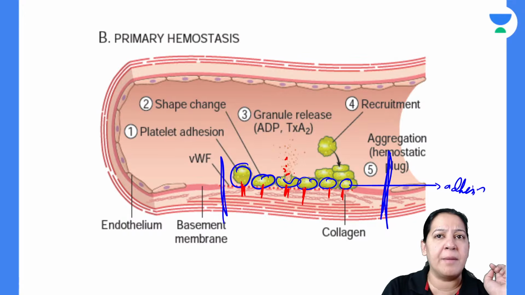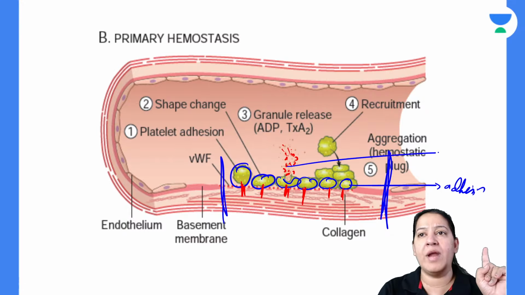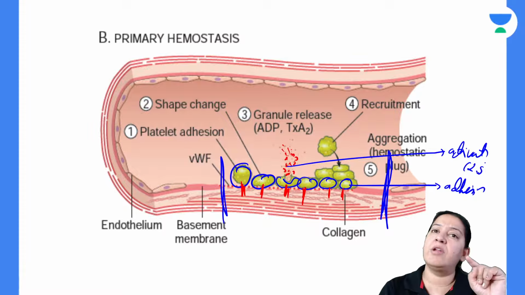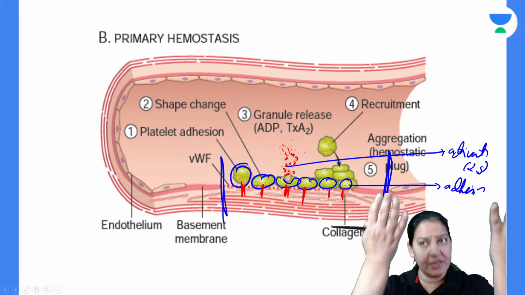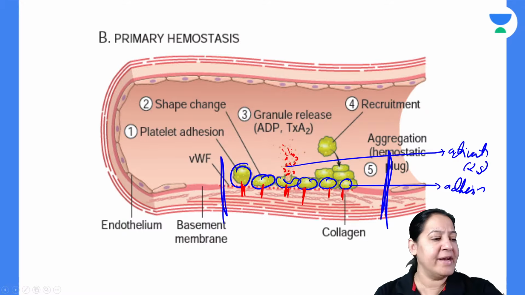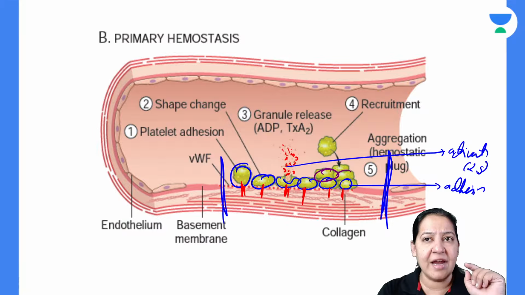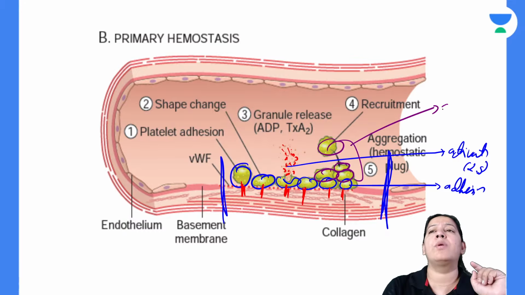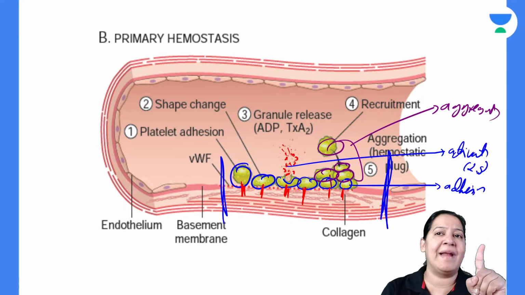Can you see the granules coming out of the platelet? If you zoom in on this diagram, you can see the granules are coming out. So this step is known as activation. In activation, the alpha and delta granules are coming out in the blood and they call other platelets for help. Now other platelets are coming for help. This is the second row, this is the third row, this is the fourth row. All this is known as aggregation. In aggregation, the bond is formed between platelet and platelet.